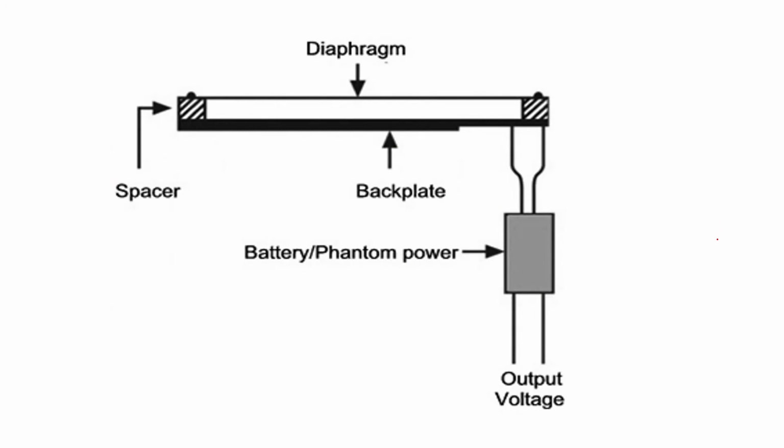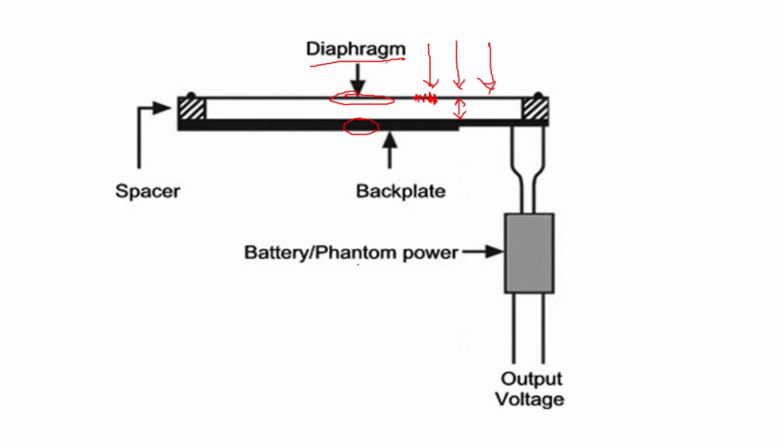So if you look at that same diagram, you can show it in this way also. You have a diaphragm on top, that is the plate which is flexible here. This is the fixed plate, the back plate. Sound waves are going to be incident on this. This is going to vibrate, and that vibration will vary the capacitance here, and that capacitance will be connected with